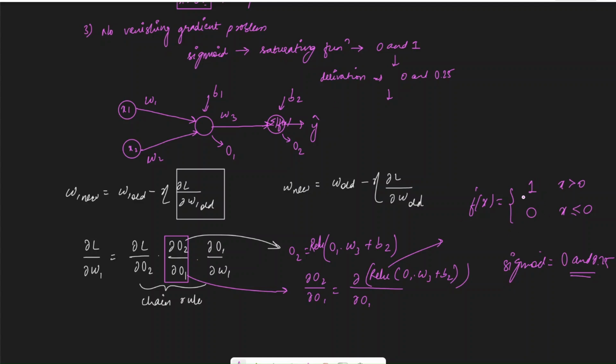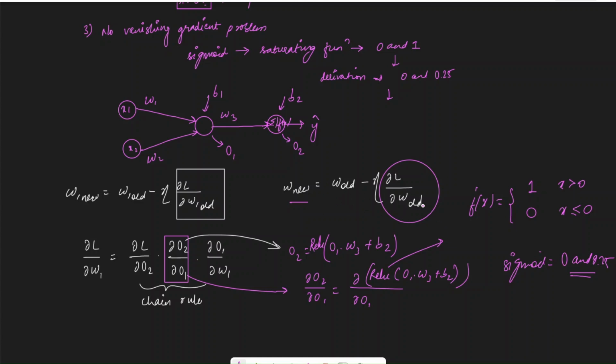And when we multiply 1 by anything, it will not reduce, it will stay the same value, and because it is not reducing, we will not have a vanishing gradient problem, because this value will not become a very small value. And when this value does not become very small, we will have updates in weights, so our learning will continue.